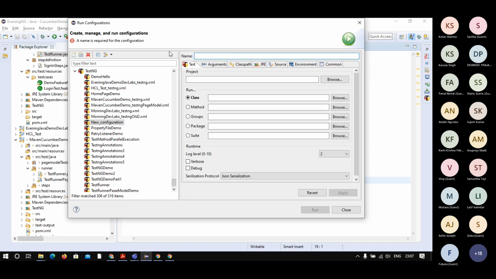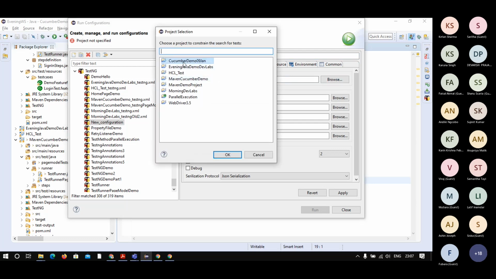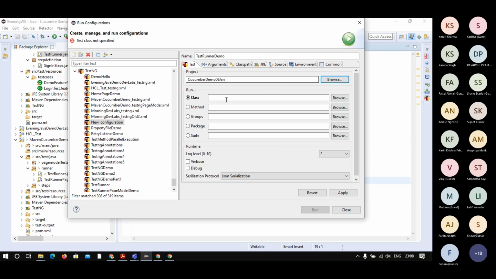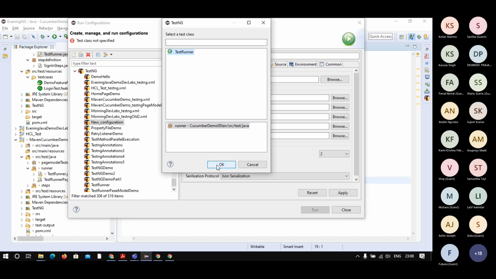So this is some test runner. Giving any name should be okay. And the name of the project. So the name of the project is Cucumber demo, something like that. It is asking for the name of the project, and it is asking for the name of the class. If I click there, there is only one TestNG class.